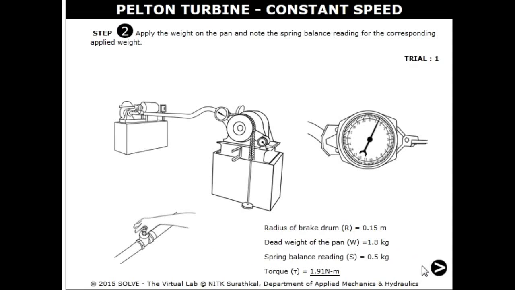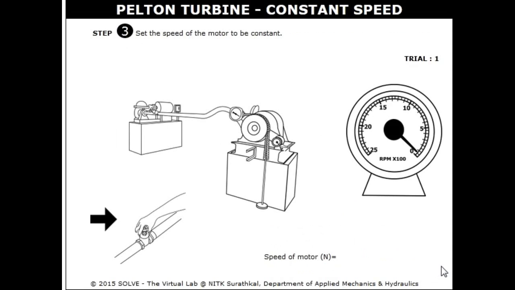After the torque, next we have to set the speed of the turbine. Here actually what happens is the RPM will change with the valve. So we'll bring the RPM back to 600 RPM. Once the RPM is fixed, we have changed the discharge and we should know how much discharge we are allowing to flow to the turbine.